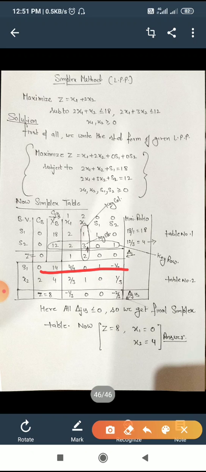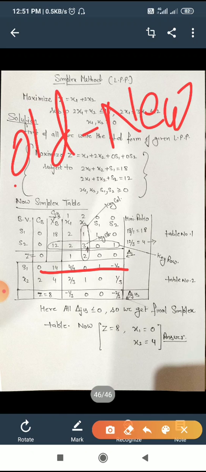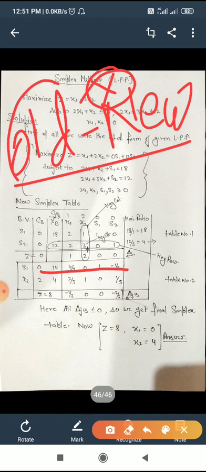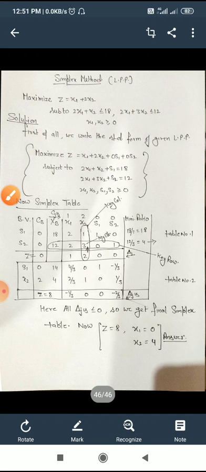If there is any other row below or above the key row, we make the opposite element in the key column 0 using old row minus new row. If we multiply by any numerical value, we multiply only the new row. We cannot touch the old row, it stays as it is, and we subtract the new row, then we make the opposite element in the key column 0. Now in similar fashion, we find that z is equal to 8.